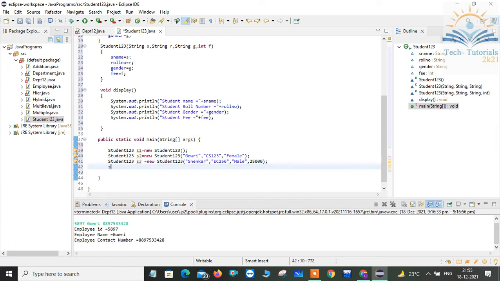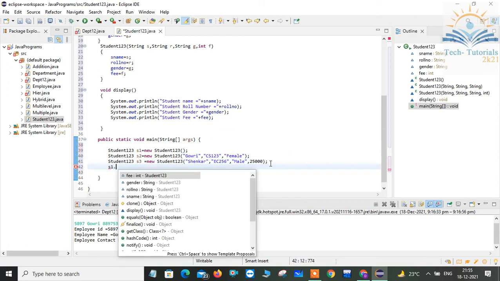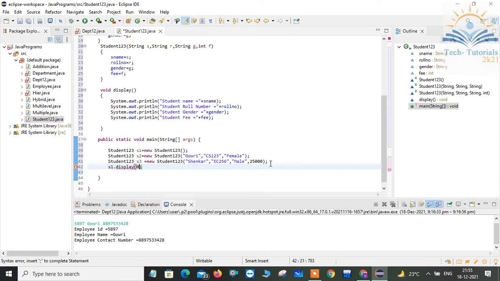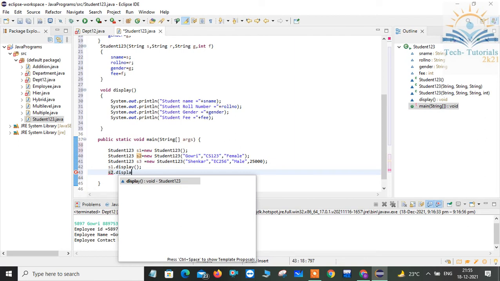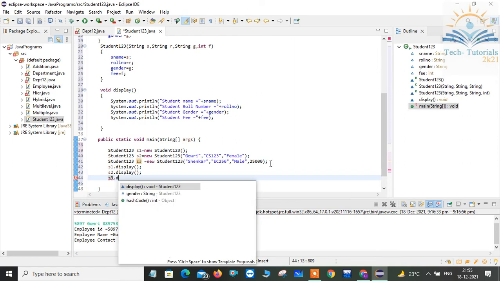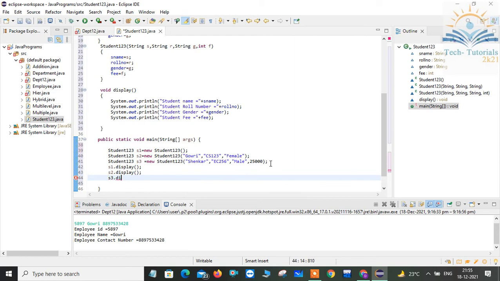So simply I can write s1 dot display, which is going to display the default values. Then I'm calling s2 dot display, which is going to display the first three data members of my class along with the fourth one with a default value because I haven't assigned it, right? So my third object is going to display all the values which I'm assigning.